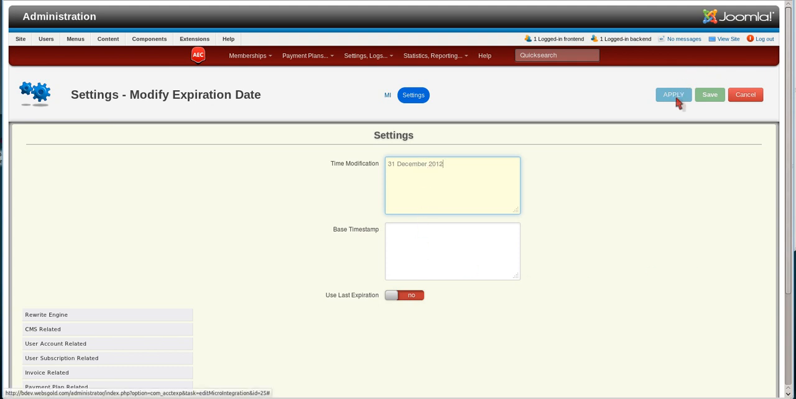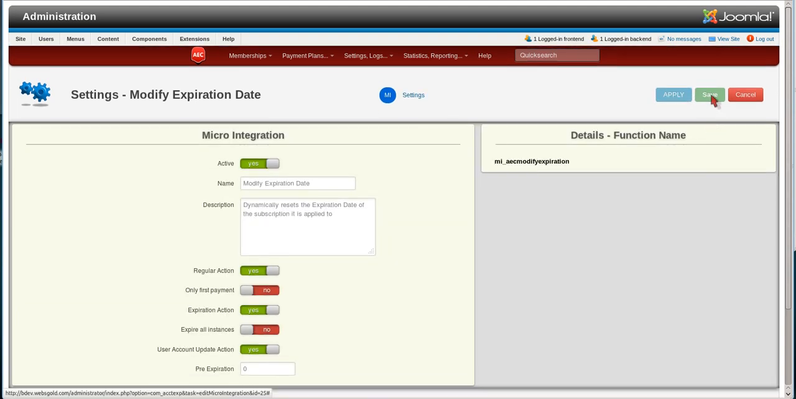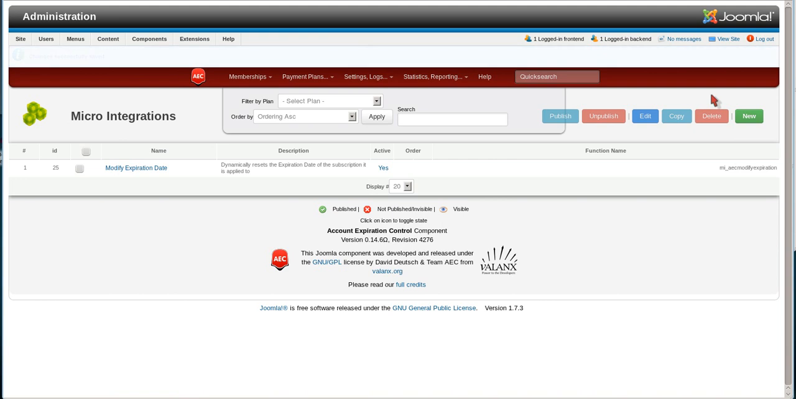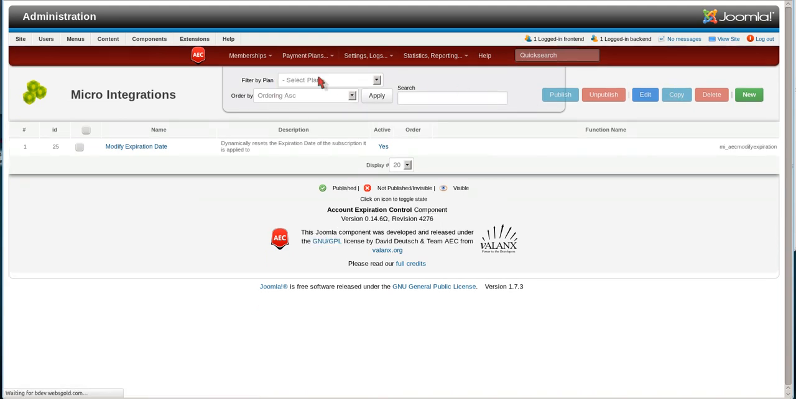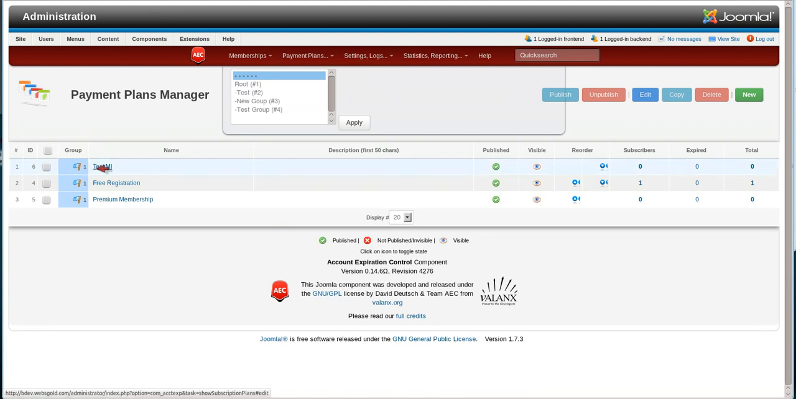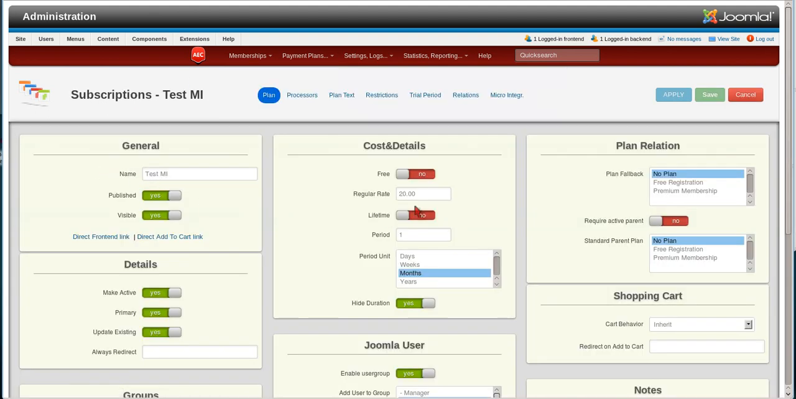But in this case, we just want them to expire on December 31st, 2012. And then we'll hit apply. And then we'll hit save. And then we can go to our payment plans, hit find our plan, and for this one with the test, we have a test MI one. Remember, this is going to be a non-recurring